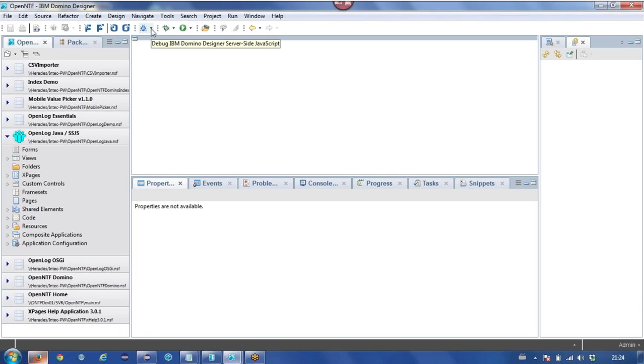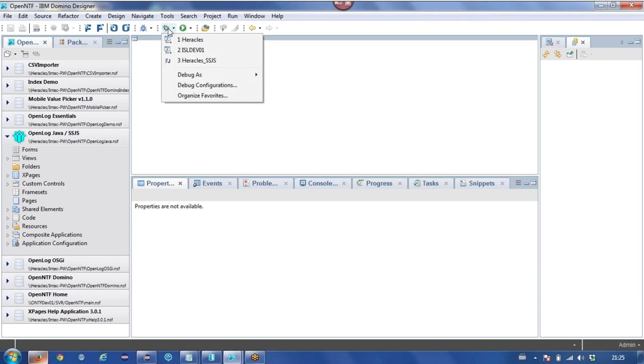With 9, I think it was, we got server-side JavaScript debugging. To be honest, I don't know a great deal about that because by the time that was available, I'd already moved into Java because it wasn't available. So I'm going to cover the Java debugging.